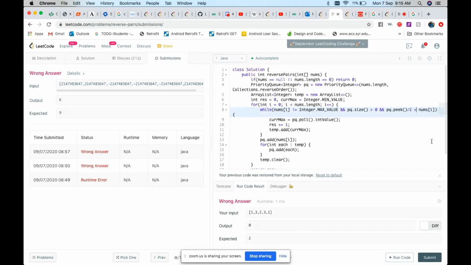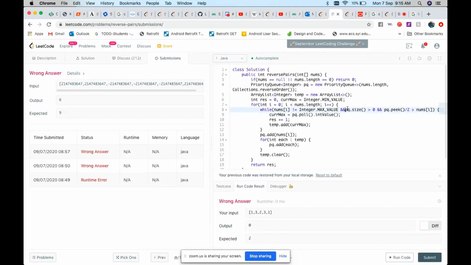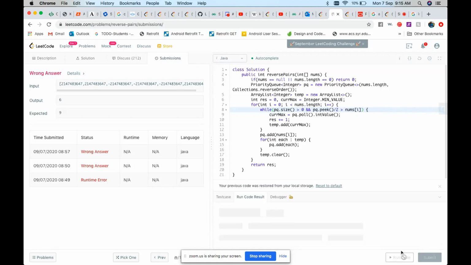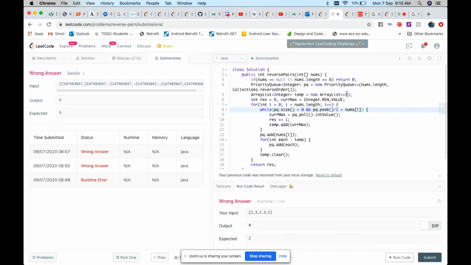No, just greater than. The problem would be now that 3 divided by 2 is actually 1, not 1.5. Yeah, this one works. 3 divided by 2 is 1. That's why I'm saying greater than.